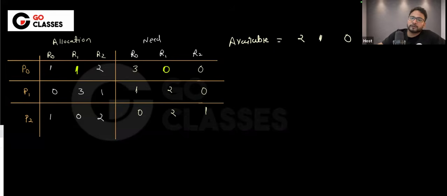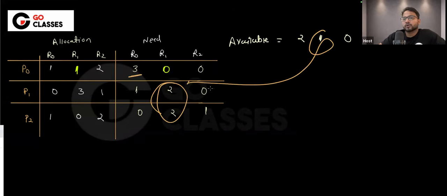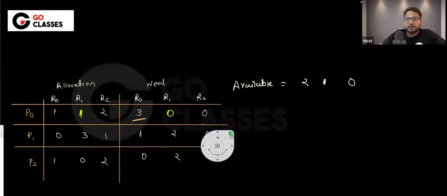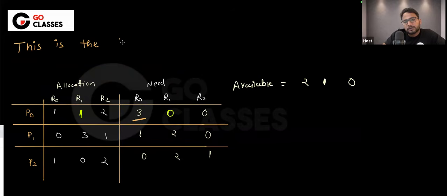Now can you solve the question again? See, with this 210, can you satisfy something? No, right? With this 210, you cannot satisfy anything, because this is 3 and this is 2. So with this one, you cannot satisfy. Okay, let me write the table. This is the table we get